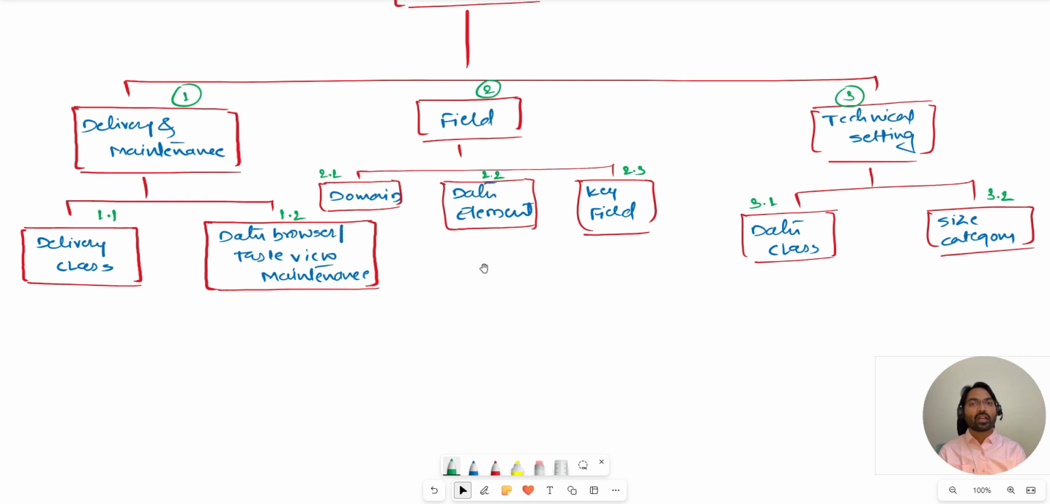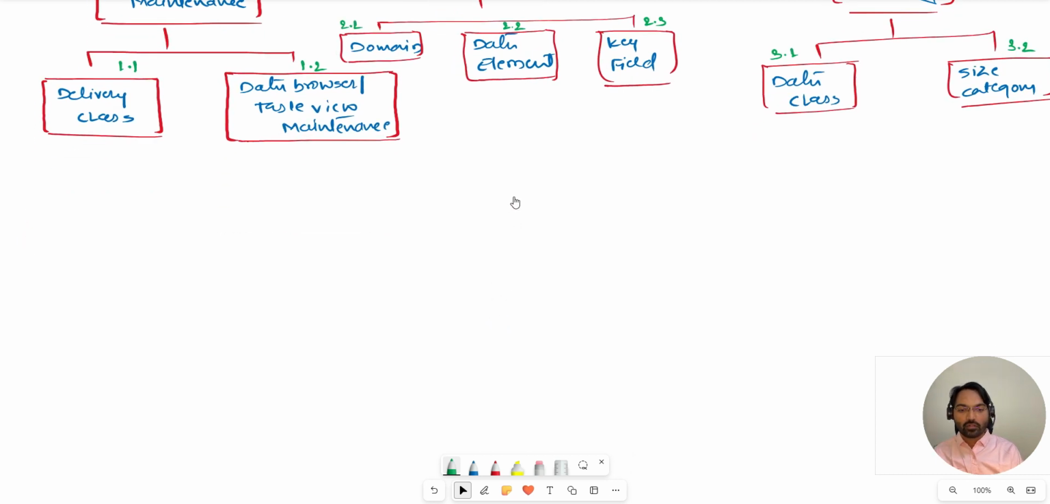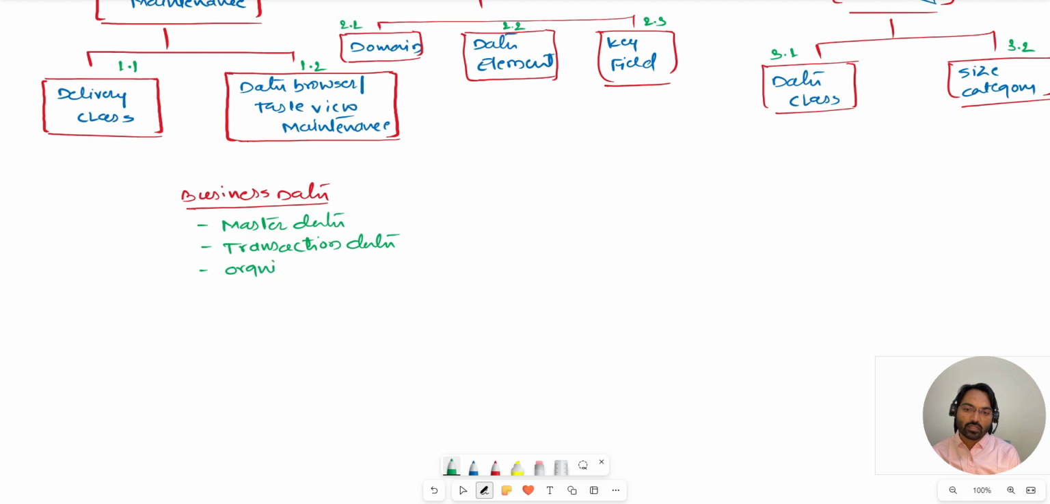Now, what kind of data is provided by SAP? If we talk about business data, within the business data we have a variety. What kind of business data do we have in real time? We have master data, transaction data, organization data,